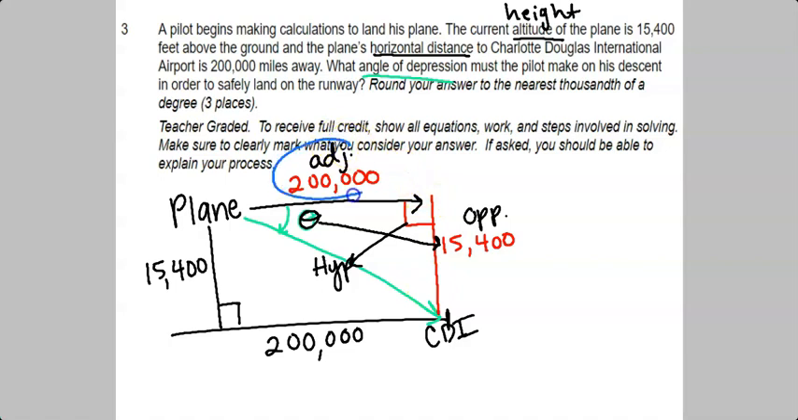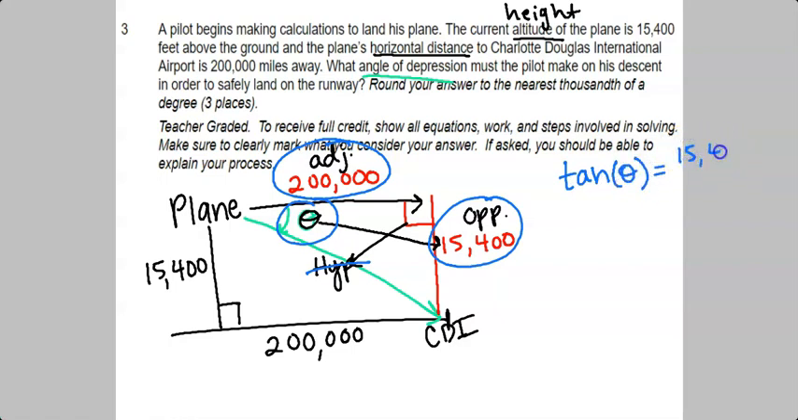We have been given adjacent, opposite. We need to solve for our theta. We do not need the hypotenuse. So that means we need to pick out our trig ratio. That's O and A. Hopefully you know that that would be your tangent. So tangent of theta is equal to your O over A, so 15,400